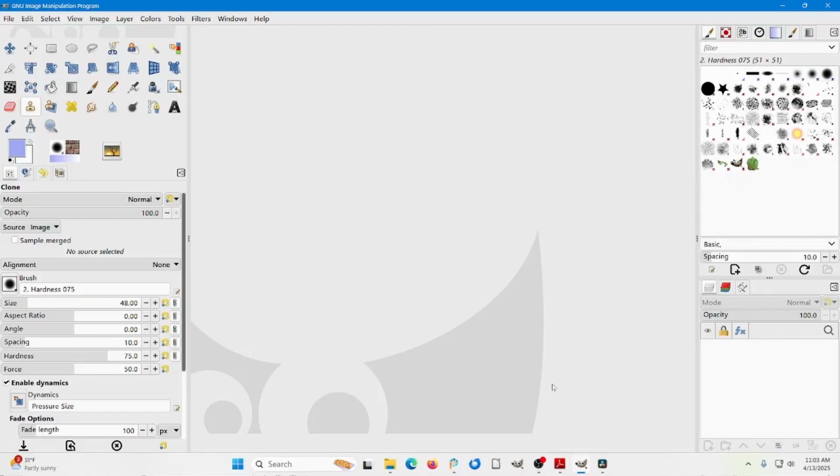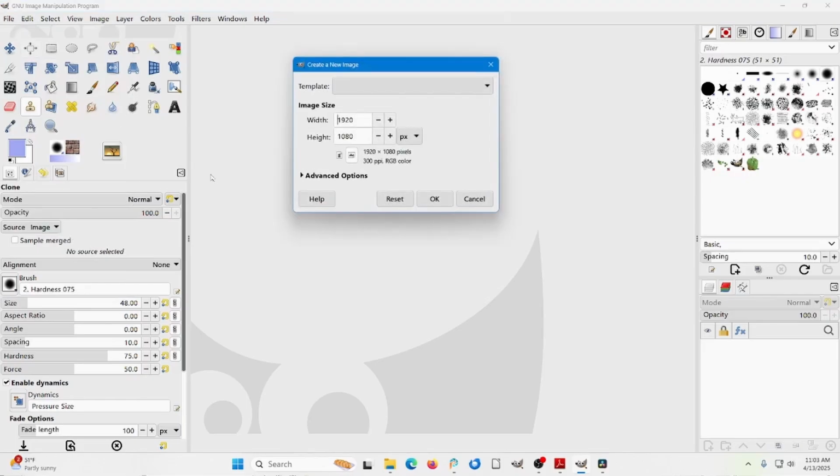In lessons 1 and 2, you've seen how we can use Gimp to enhance or to restore old photos, but Gimp is also basically a painting tool, and in this lesson we'll explore how we can create images from scratch. We'll start by creating a new image, File, New, and this leads us to the Create a New Image dialog